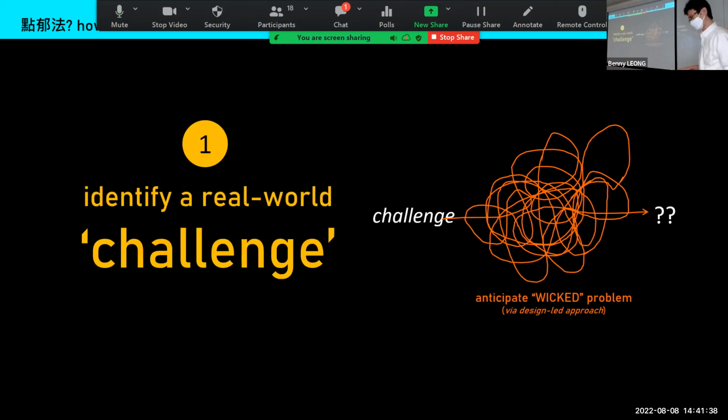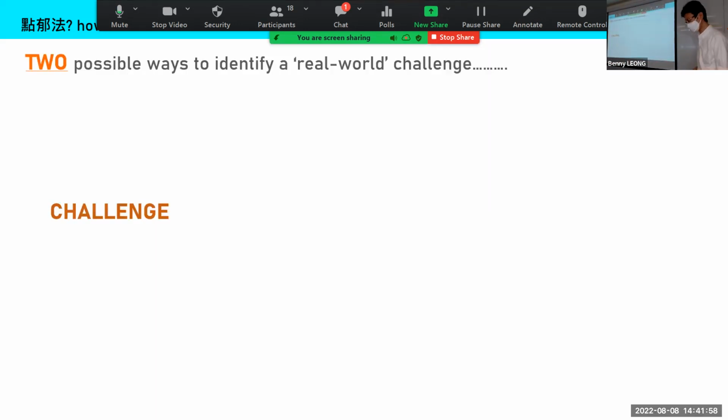There are three things mainly. Firstly, it's not about the problem itself. It's about how to define and identify a real-world challenge. This is not something that we imagine ourselves. We have to go outside and find out. And this sort of challenge could come in two ways.